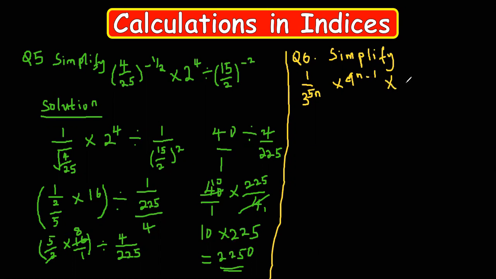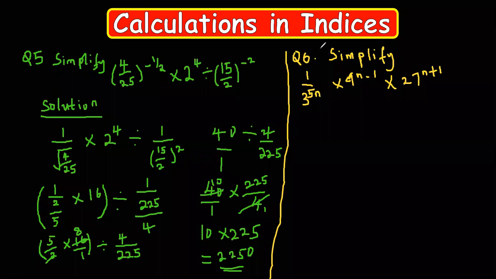Times, what do you have again? 27 raised to the power of n plus 1. So we are going to simplify this. This is now... why is my 9 looking ugly? My 9 is ugly, so let me write it. Okay. So you can see we are no longer looking for x again because we have found x. And I'm glad to announce to you that x is now resting well. Right. So